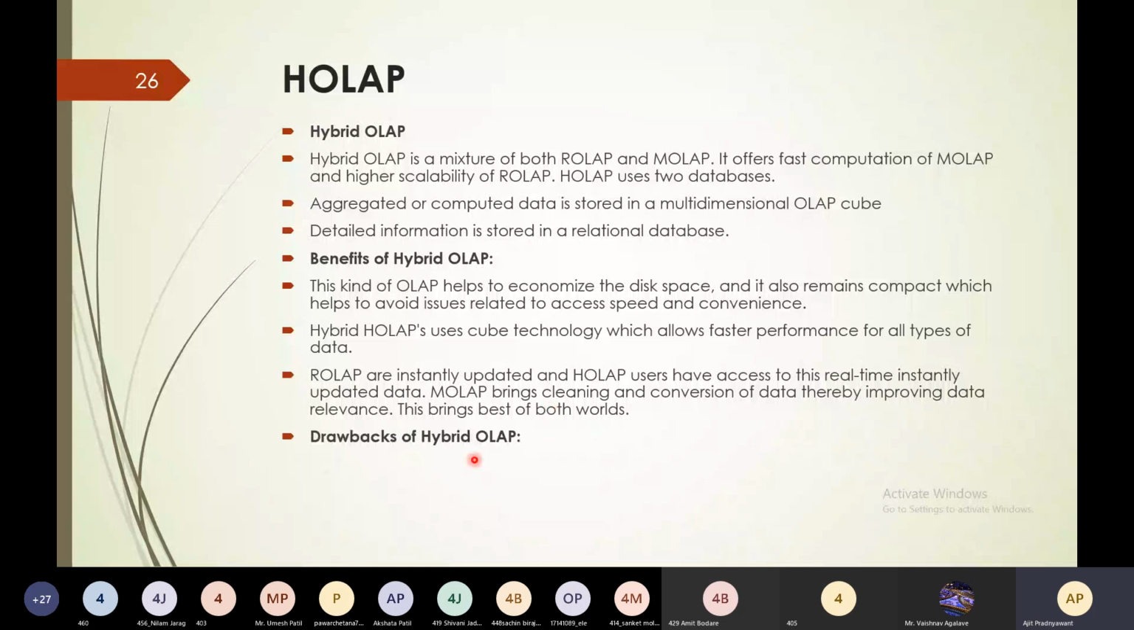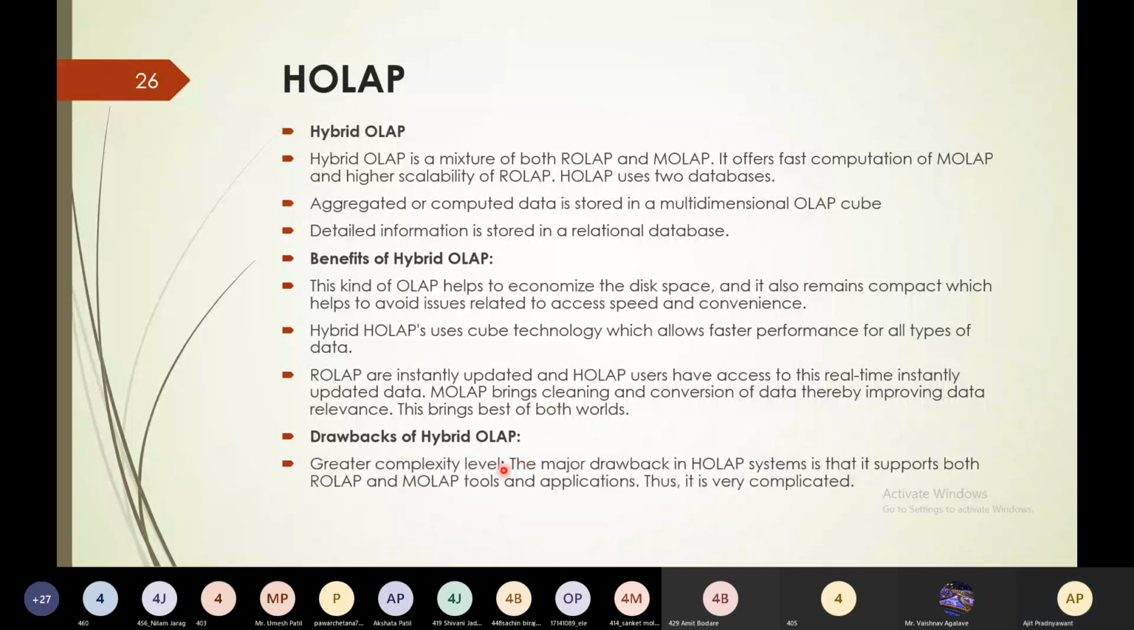These are some of the drawbacks of hybrid OLAP. Greater complexity level. The major drawback in a HOLAP system is that it supports both ROLAP and MOLAP tools and applications. Thus it is very complicated. Potential overlaps. There are higher chances of overlapping, especially in